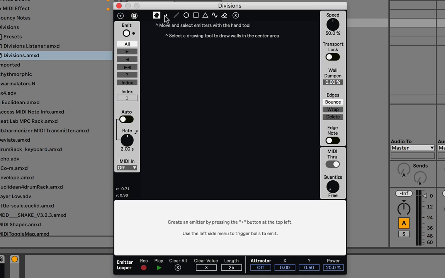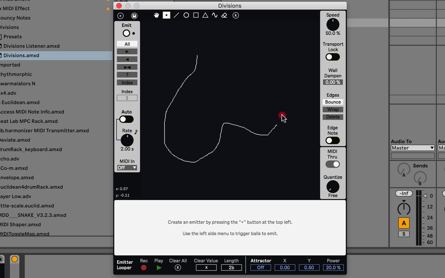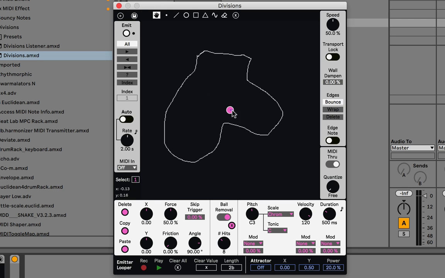Just to skip forward a bit to show you, it relies on you drawing these very basic drawings, like MS Paint. And these are walls that I've drawn. And then you create these things called emitters. So I'll just create one, and you can move them around, and you can have these shoot out balls, and when the balls hit the walls, they'll output a note. See? And if I move it here,